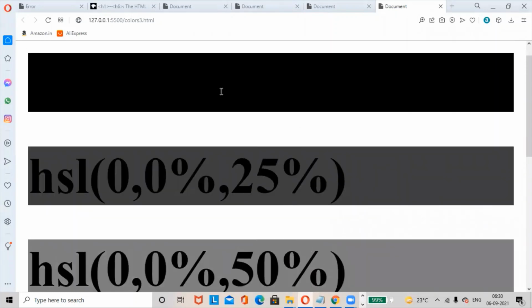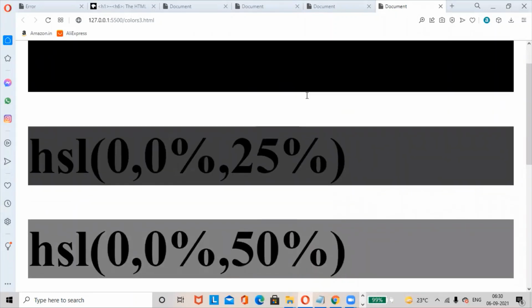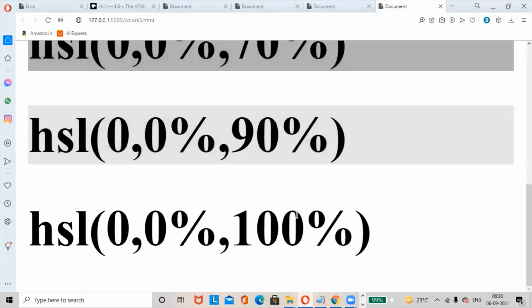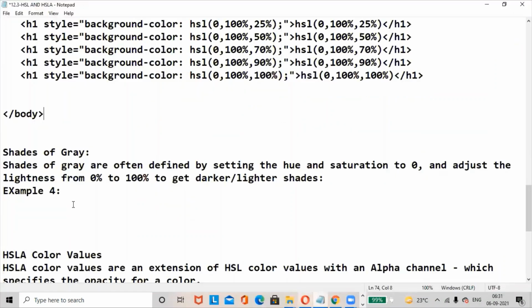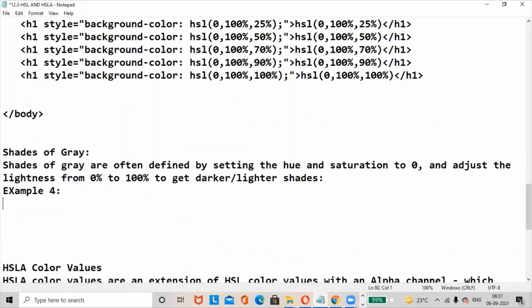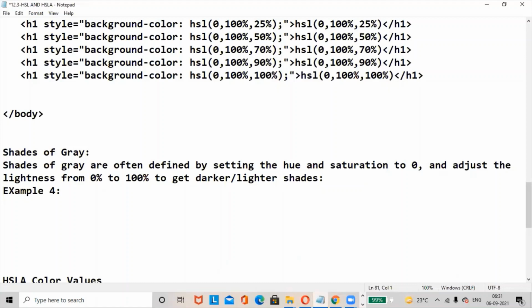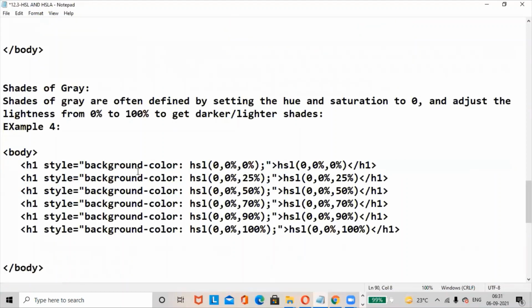If all the values are 0, then it is completely black. If the lightness is 100%, it is white in color. Let us copy this example. Control C. This is the example of shades of gray. Next,